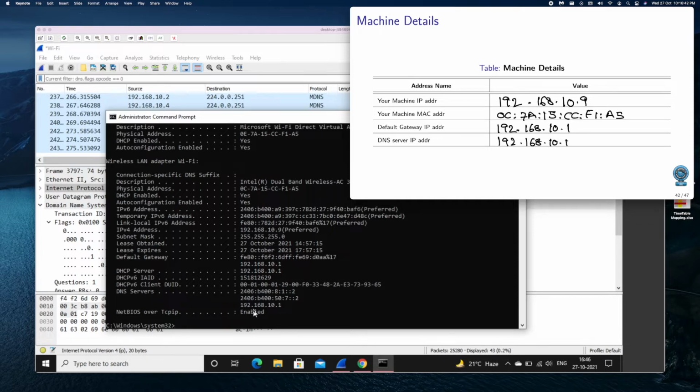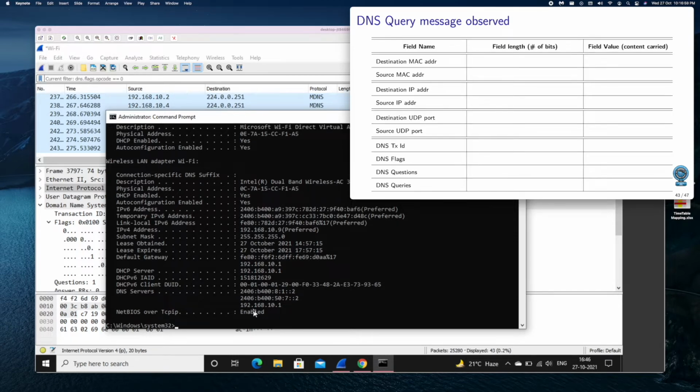Normally, the DNS server IP address could be different if you observe in your lab. If you look at your desktop machine in your lab, this could be different from the gateway. Anyway, this itself is doubling up as a DNS server. Let's then move on. We want to generate the DNS query message and observe and capture all those details.